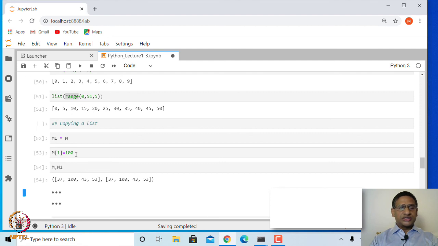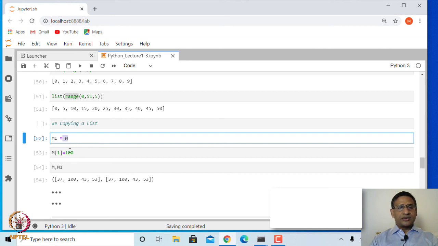So, actually what it does is, when you say M1 is equal to M, it is again just renaming that variable, it will have the same address. So, any changes that you make to M will be reflected in M1 and vice versa. So, this is not a good idea. Many times we create a list, we store that list in some other list, so that we do not lose the original one. So, in this case, just creating M1 equal to M is not going to help,